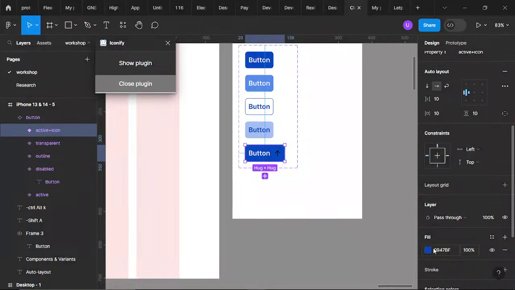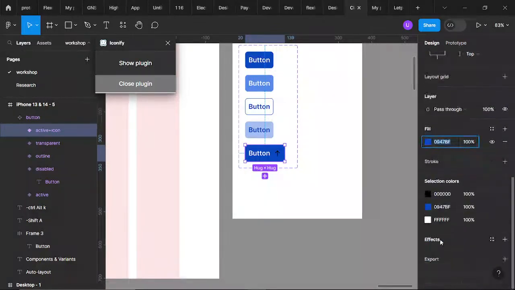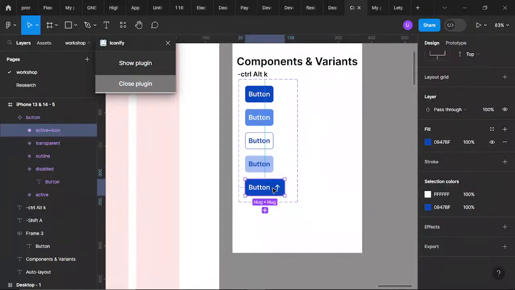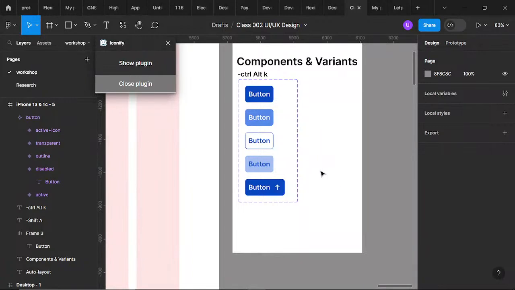It's an active button, but it also has an icon. Now let me just make this white, sorry, so that you can see. So that's another variant. So we have so many. If you want different icons, you can just put it there.